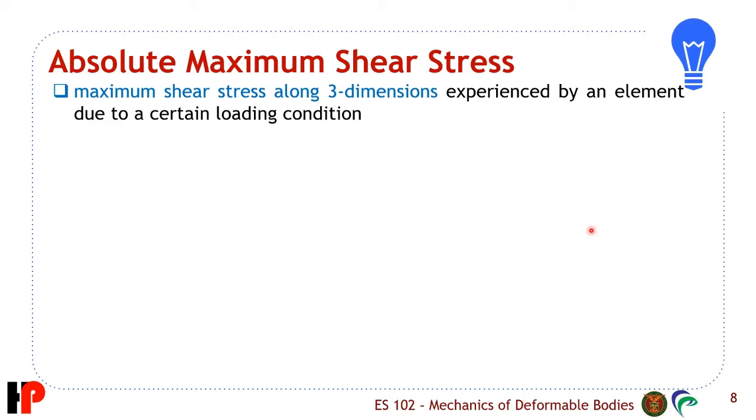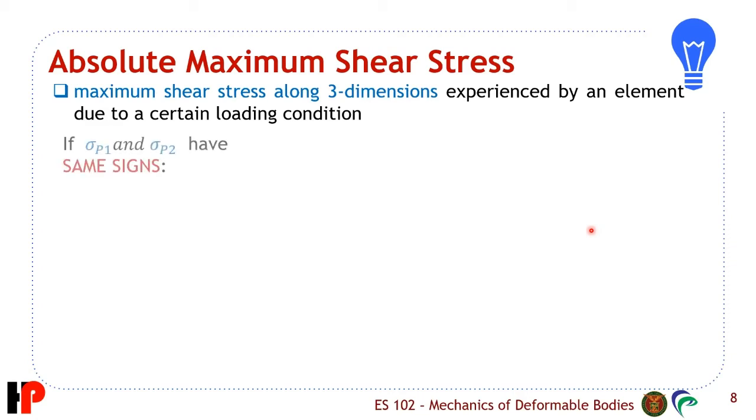Kaya nagkakaroon ka ngayon ng concept ng absolute maximum shear stress. Why? Kasi ang nasusolve lang natin earlier is just the maximum shear stress in that plane, in plane. Eh sabi nga natin, merong 3 planes for each state of stress. So kung meron kang 3 planes, in theory, meron kang tatlong maximum shear stresses in plane. Kasi nga tatlong plane. Now, among the 3, merong pinakamalaki yung magnitude. Yun yung absolute maximum shear stress. So ulit ha, each plane, meron kang tau max in plane. And then, among the 3, there's one that has the largest magnitude, and that's what we call the absolute maximum